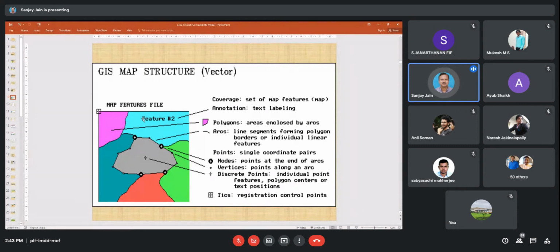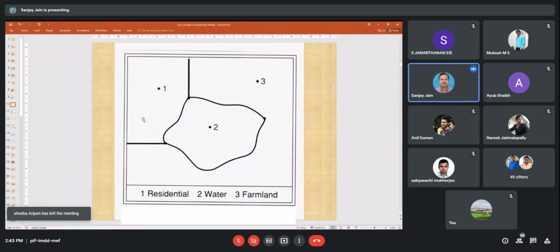We can say it is made of nodes and points or ticks when we are talking in terms of GIS or when we are digitizing all that. So we cannot easily define a polygon, while in a grid we can define it easily by row and column. Here it is a representation in a map, different units.